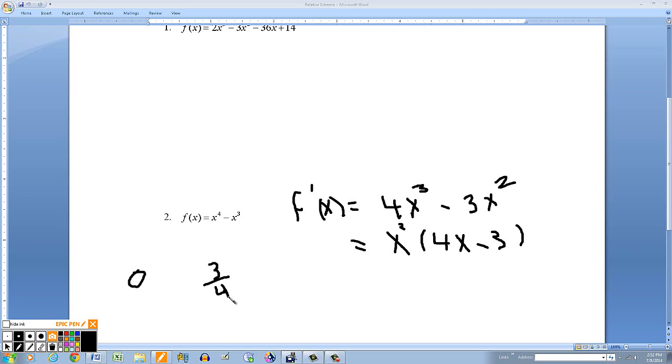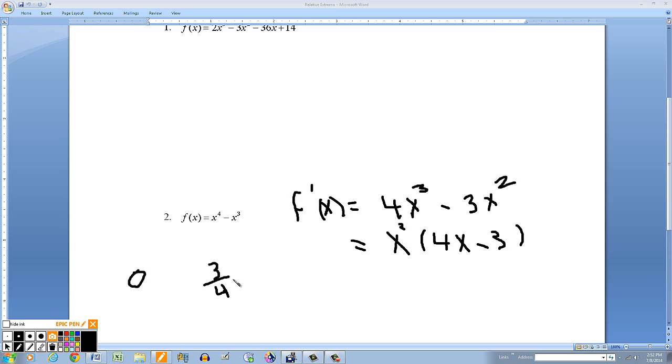Okay, now I do want to make it clear that just because you have critical numbers doesn't mean that those numbers will lead to a relative extrema. Okay, it has to depend on the derivative. If the derivative changes sign at that particular value, then you do have either a minimum or a maximum depending on the sign change. But in this particular case, notice that if I pick a number less than 0,